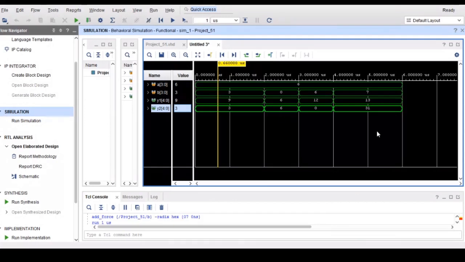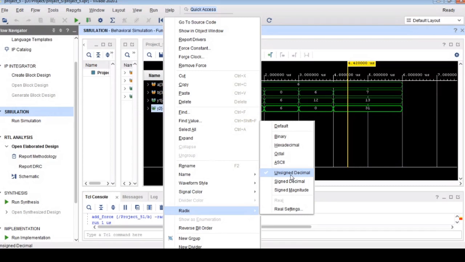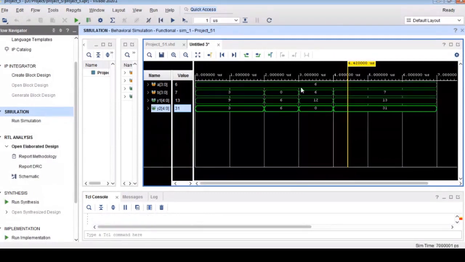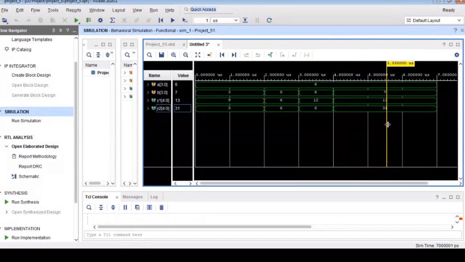So when you give A equal to B, when you give A greater than B, it's coming now. All of you do this one, and what is the number you are getting?